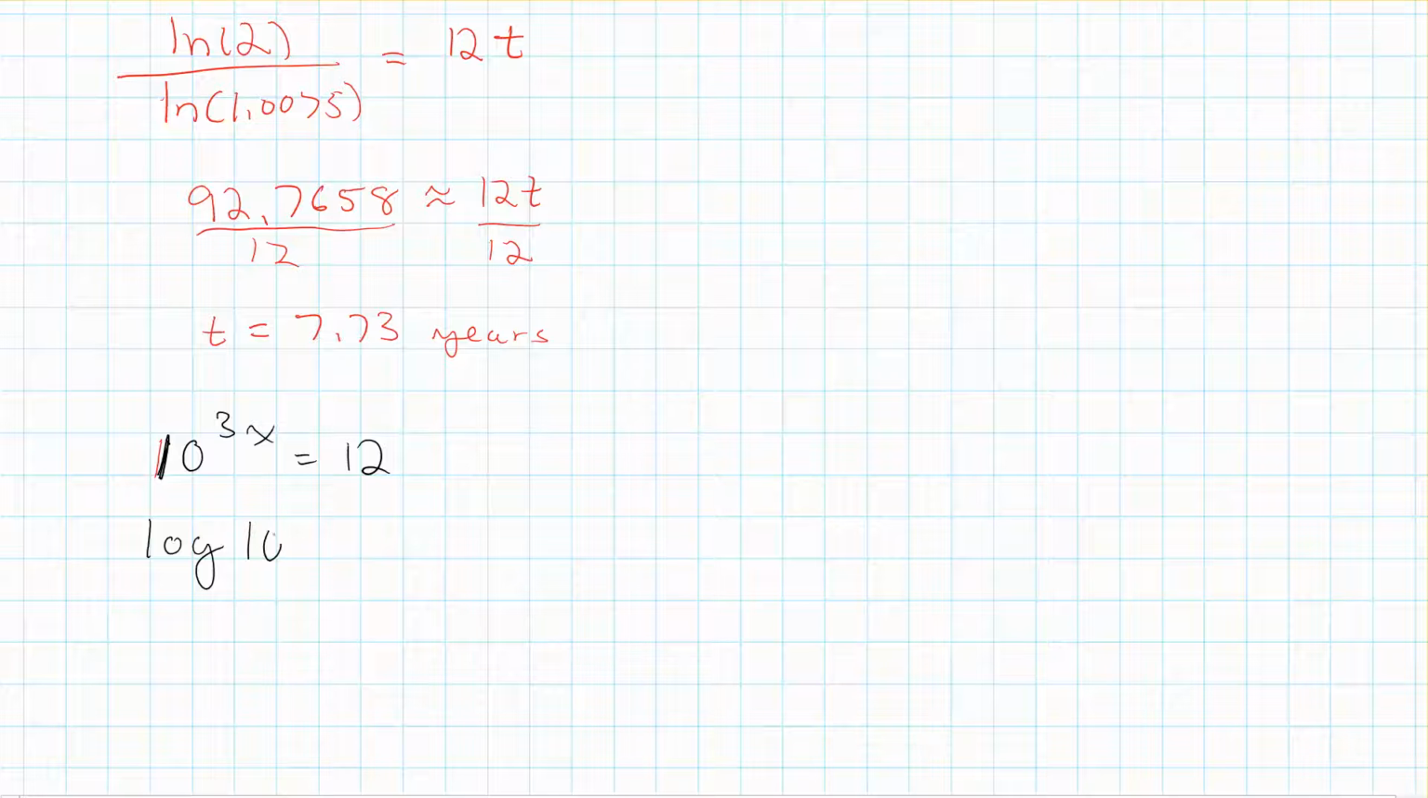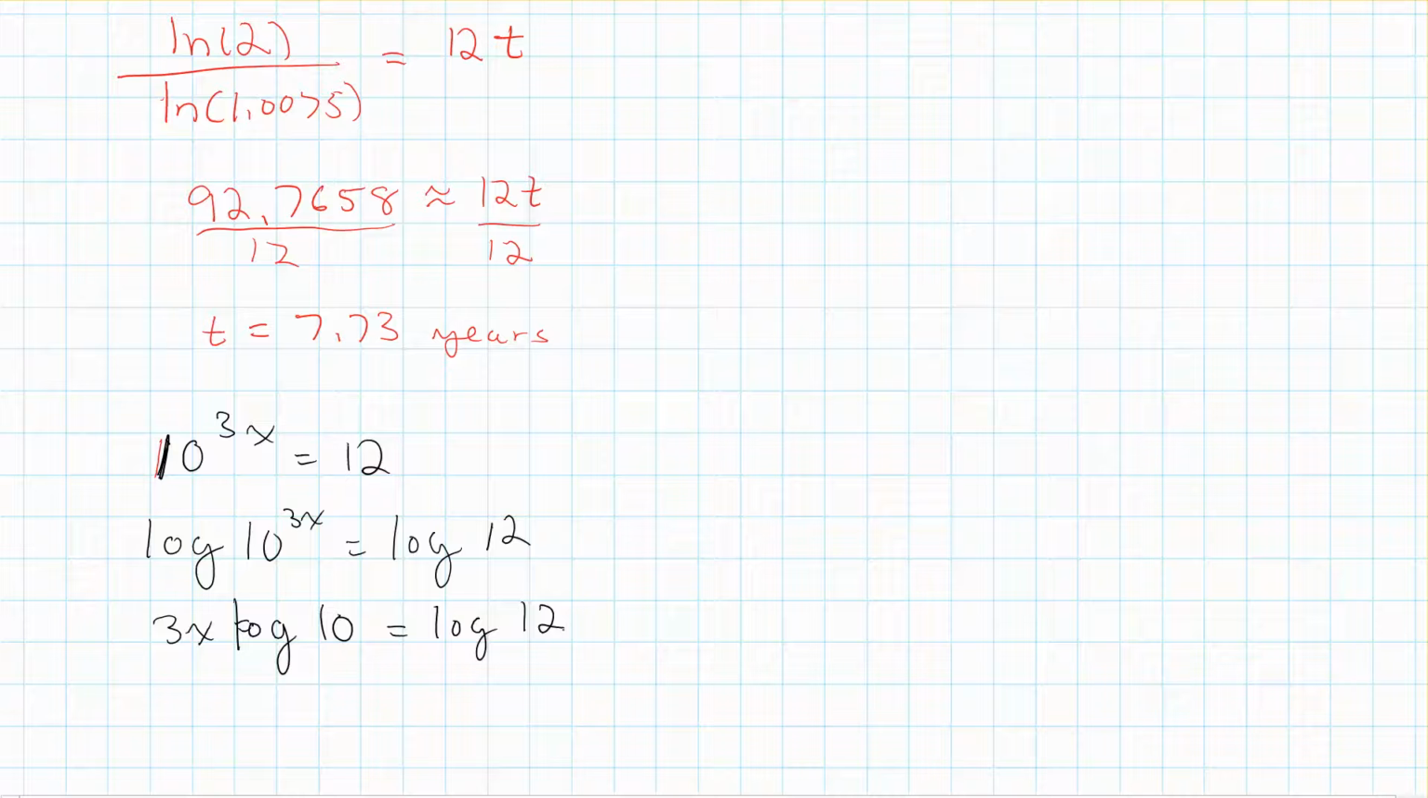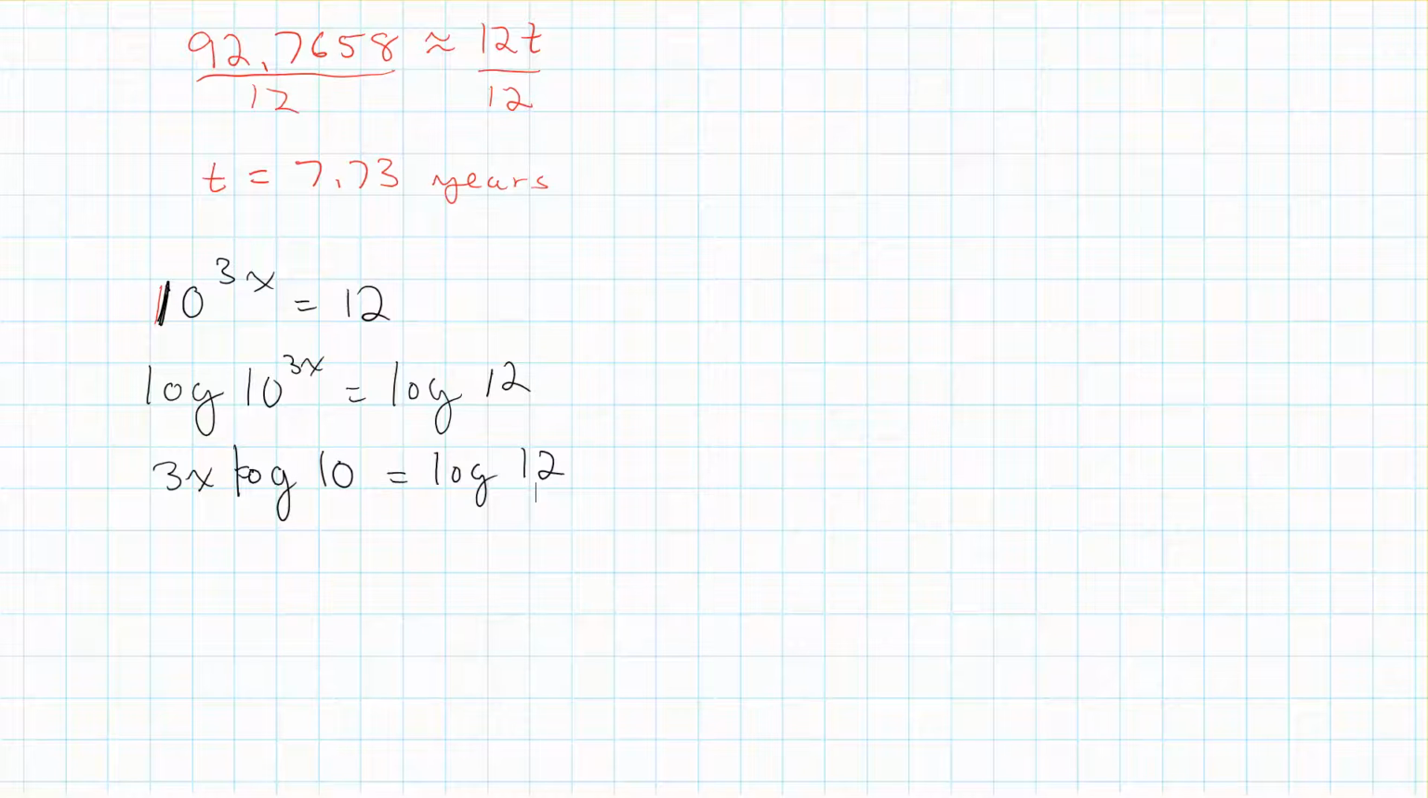So you'd have log of 10 to the 3x is equal to the log of 12. And so using the properties here, we have 3x times the log of 10 is equal to the log of 12. Now you could go ahead and divide both sides, but just go ahead and compute what the log of 10 is. And if you compute what the log of 10 is, you'd get that it's 1. And that's because what's the base of the common log? It's 10. So we have 3x times 1 is equal to the log of 12,